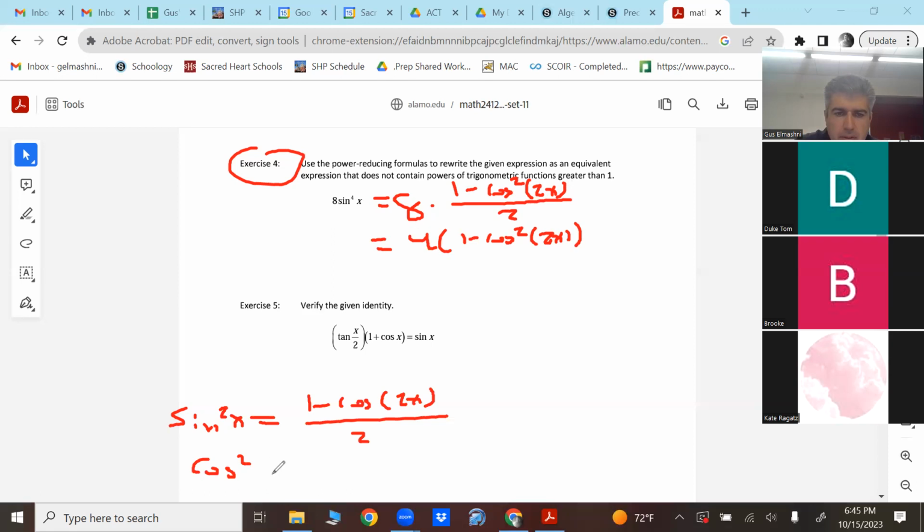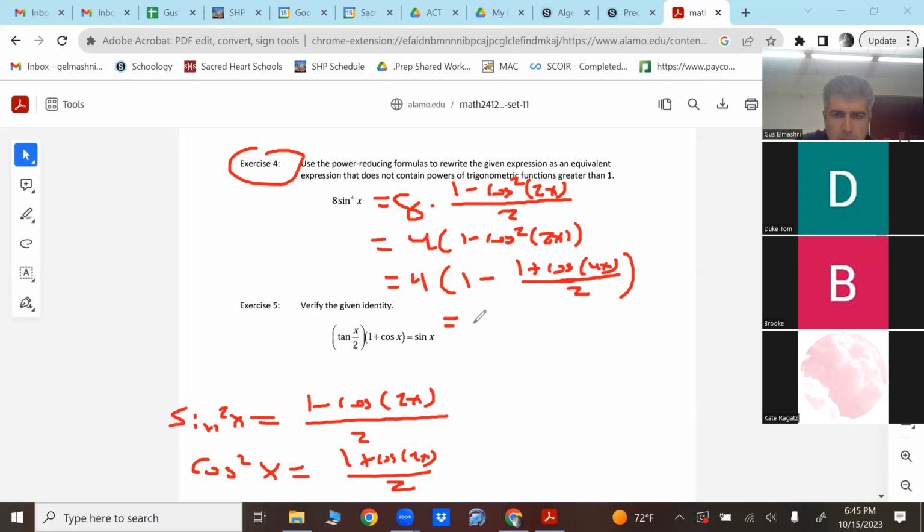Cosine squared x is 1 plus cosine 2x over 2. So this 1 plus cosine 4x over 2. Yeah, and if you distribute, you should get